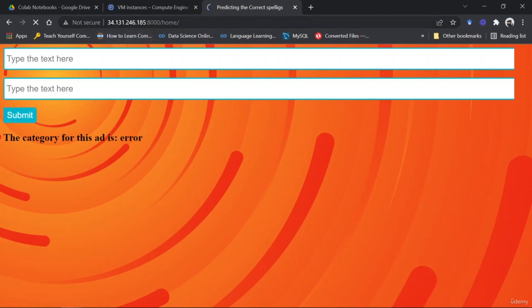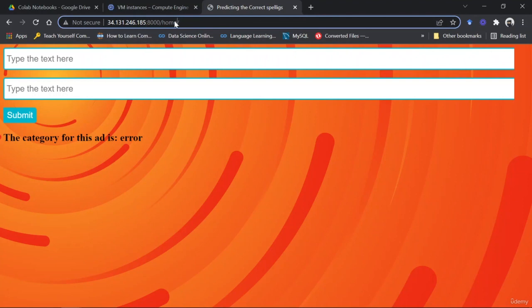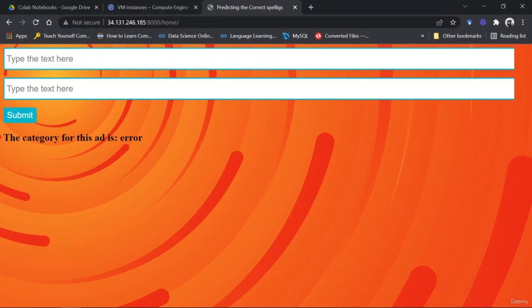So the thing is, first you have to run the external IP with the HTTP, not HTTPS, because we haven't used the secure one. You have to set up additional things with your VM and the network to do that. Then on the home path, we will have our site ready here. So let's just create something, and